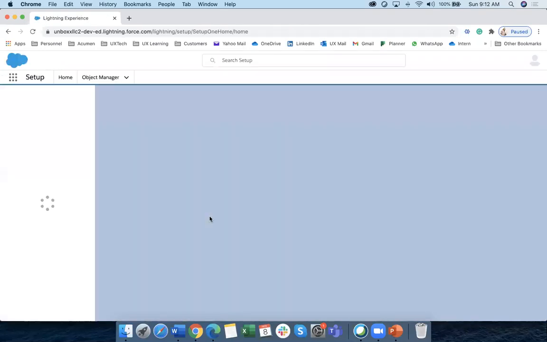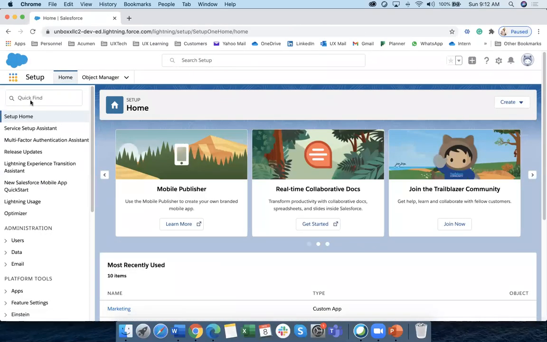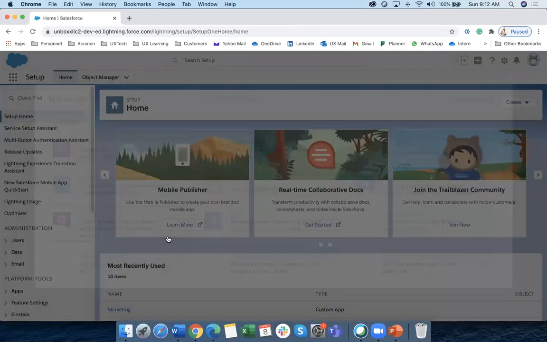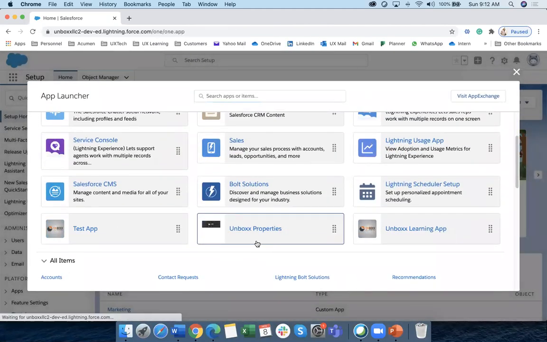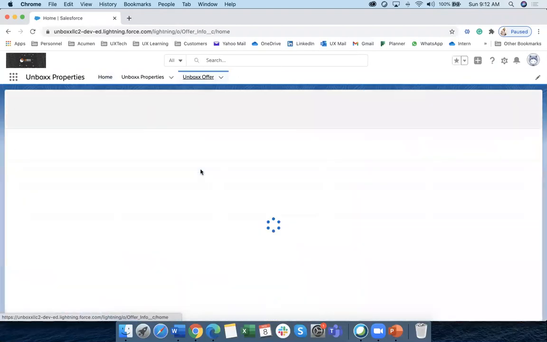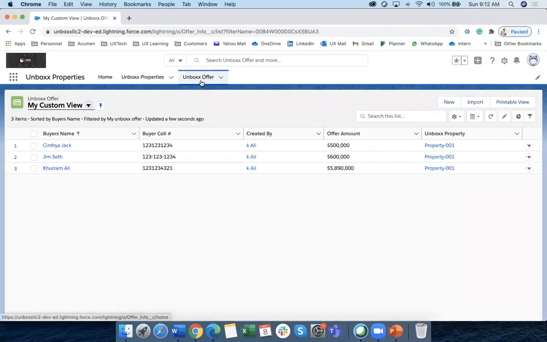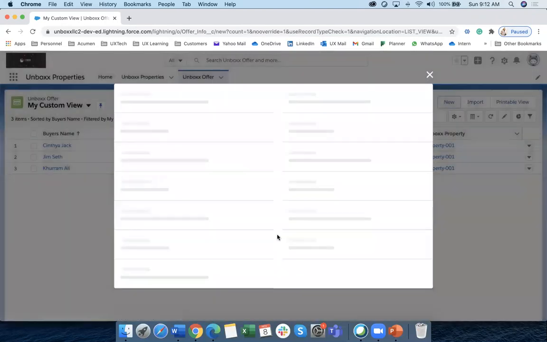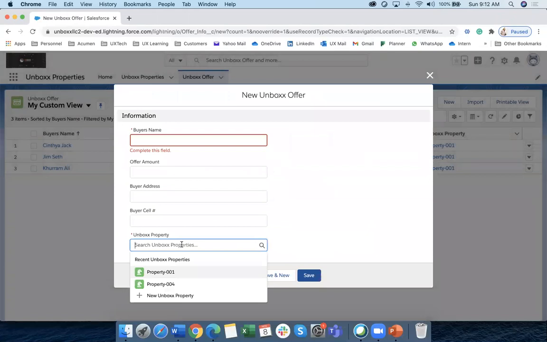And what a lookup filter is, let me pick an example, and then I'll share what exactly it is here for. So let's say you have a relationship, like a lookup or master-detail. So in our case, if we go to Unboxx offer, which is basically putting an offer for a property, and you want to include the parent object, you can see, at least the ones that